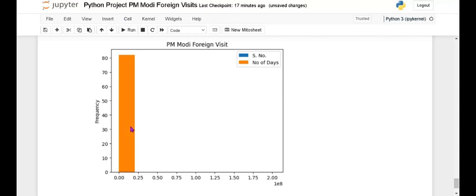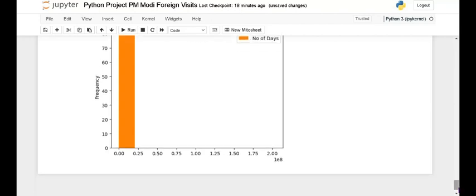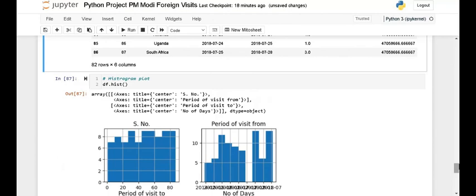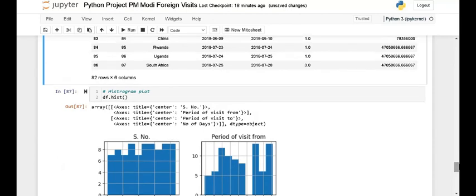It should give the frequency 80, it gives the 80 frequency, and there is the length. So this is the program I am using in Python.